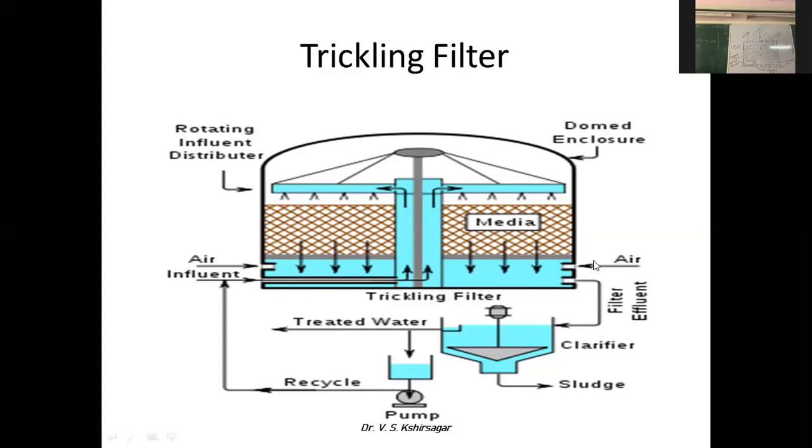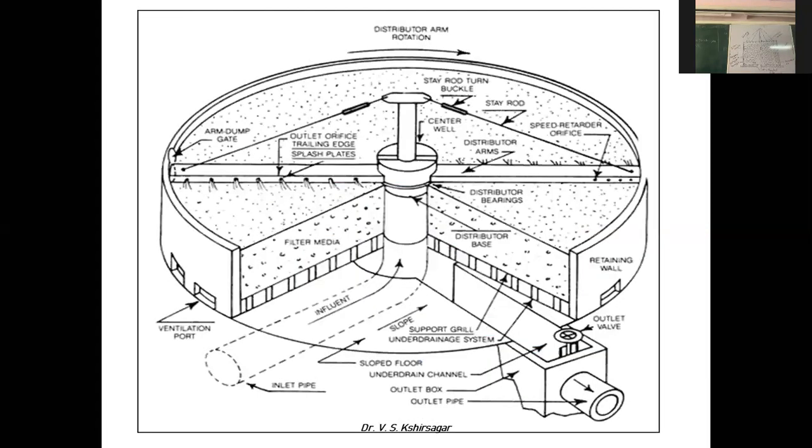And these are the air pipes provided to keep the environment aerobic. Trickling filter as well as activated sludge process, both are aerobic processes. Aerobic in the sense that in both the processes, the decomposition is performed in the presence of oxygen, is it? So that's why we can say both the systems are aerobic systems. Okay, have you understood this process now? We'll go to the next point, and I will show you.